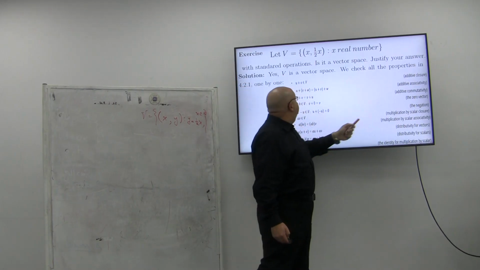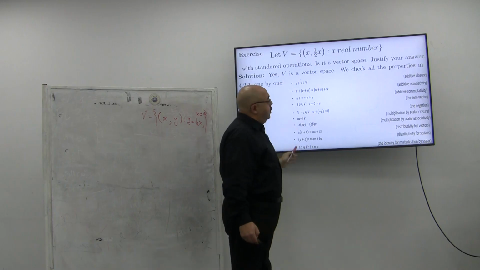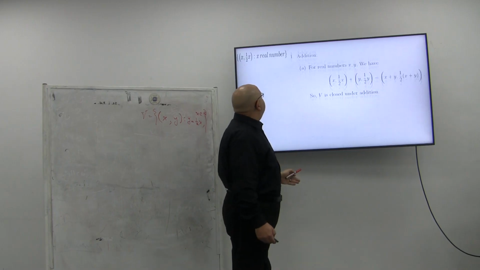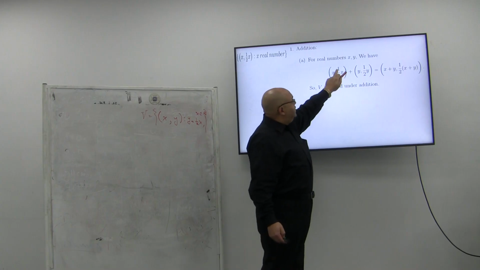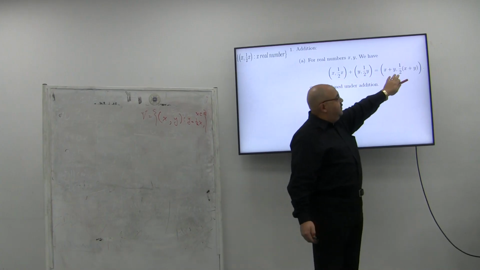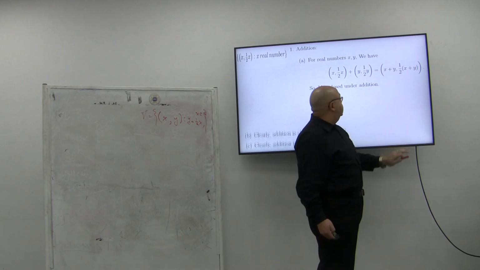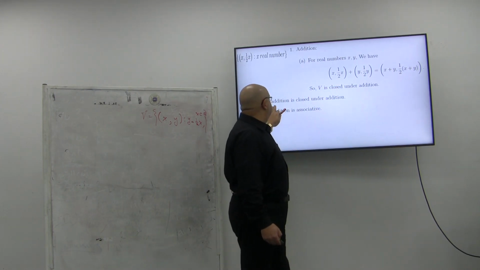We checked all the properties in 4.21, all of this, and they all exist. This is the addition of 2 values, X plus half of X, Y plus half of Y, and this is going to be the result, which is correct. If you multiply by